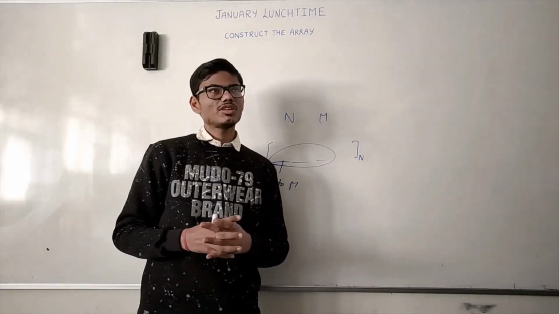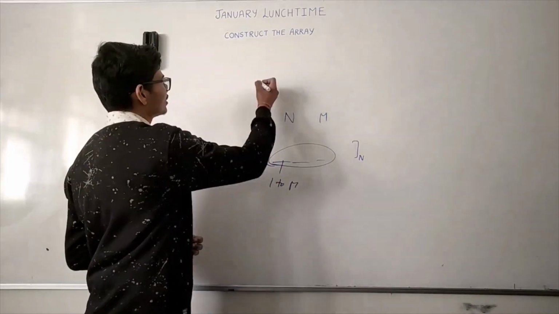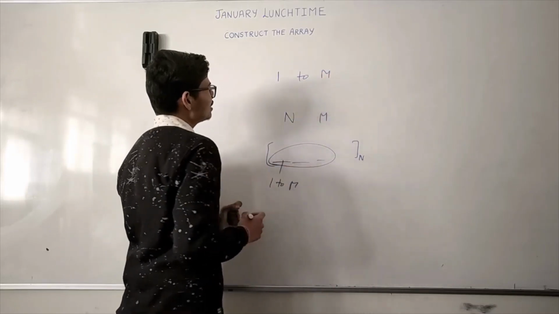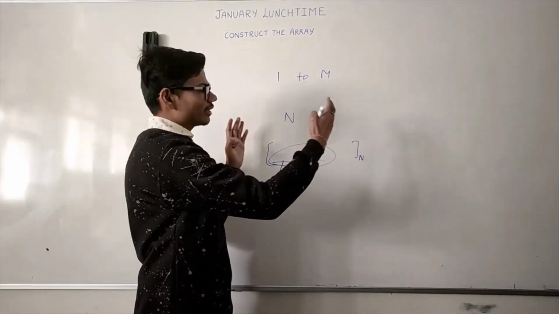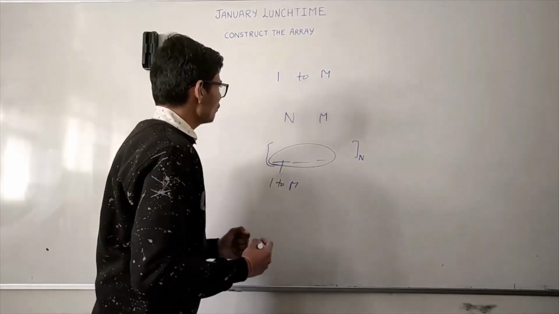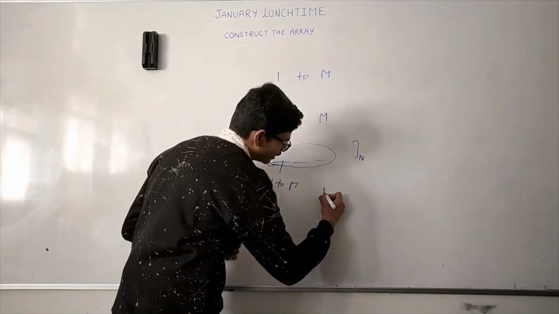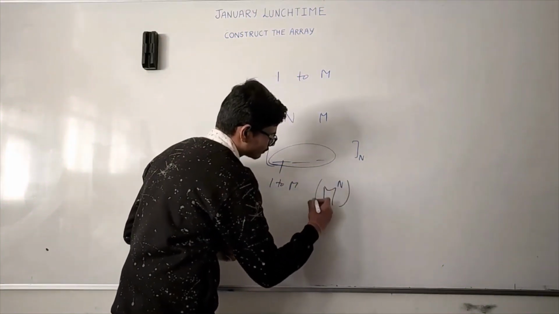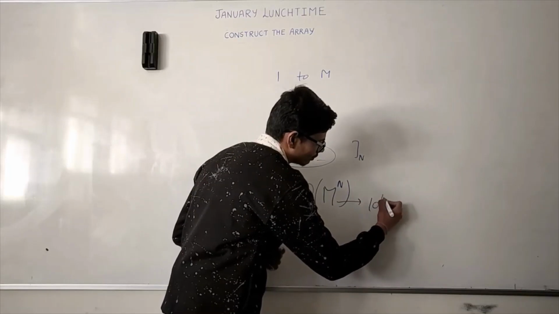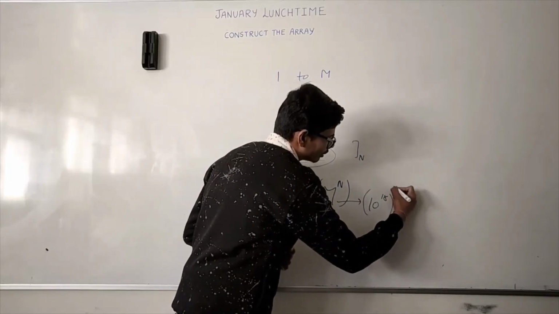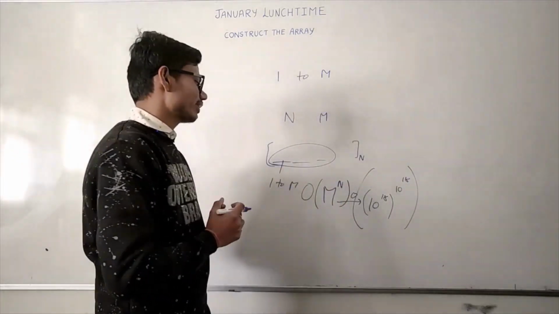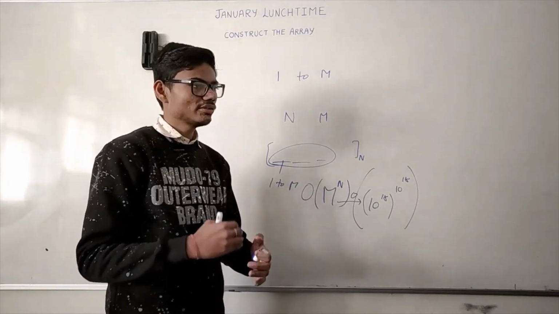Now, this question can be solved by using recursion. And in recursion, at each call, we will try to place every element from 1 to m, and we will check whether the constructed array is valid or invalid, and we will count all those valid arrays. But the time complexity for recursive solution could reach up to m raised to the power n. And in the given constraint of the question, m can reach up to 10 raised to the power 18, and n also can reach up to 10 raised to the power 18. So to solve this question in this time complexity is very difficult. We have to think for an optimized solution.